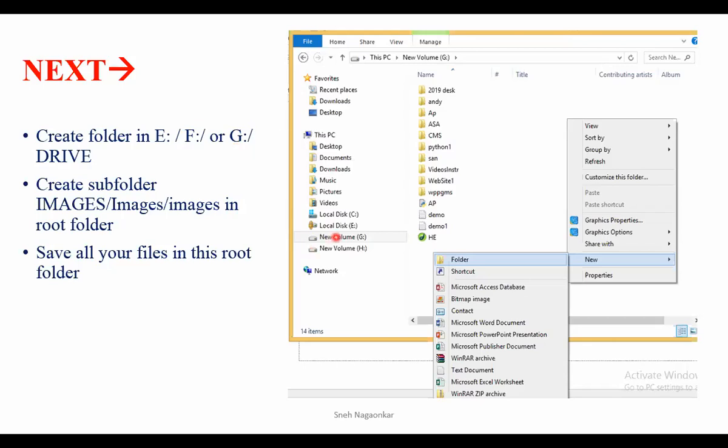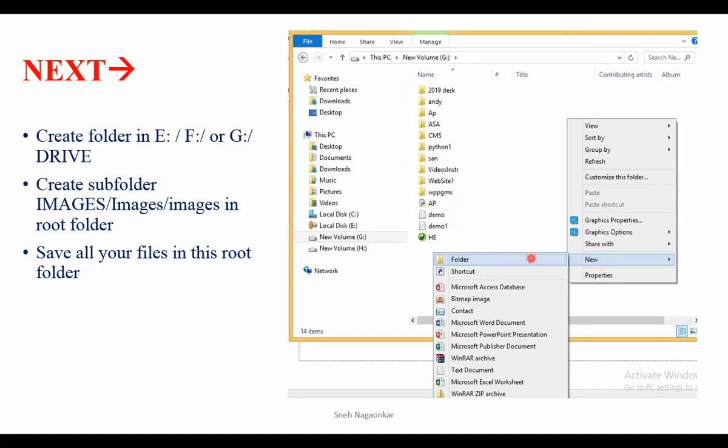After taking this drive, what I'm going to do is, see, I opened the G drive. Please make a note of what I did. The G drive is clicked. See This PC, then New Volume G. That is nothing but hard disk partition G. The drive name is G here. I went to G drive and then right-clicked in this space. After clicking, I got this pop-up and then I clicked on Folder, right?